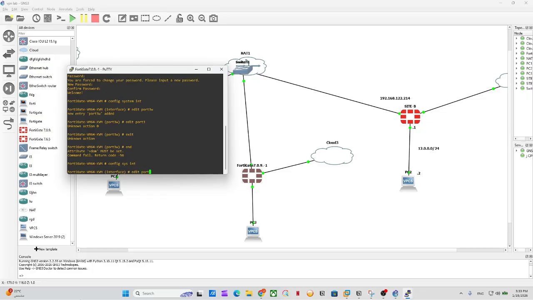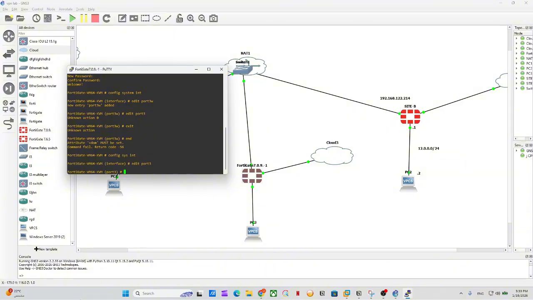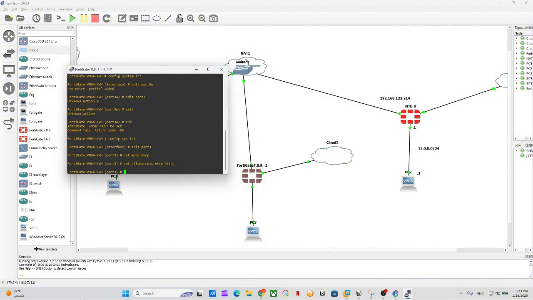Delete port 3. It's actually port 1. Now port 1 will get the IP automatically. Port 3, we should set mode DHCP. Allow access HTTP, HTTPS, and